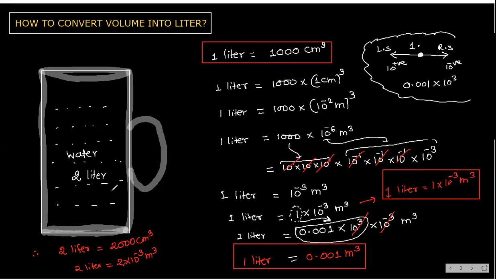See, centimeter cube is very small. Even if you want to write 1 liter, this is 1000 centimeter cube. It is like gram. 1 kg is equal to 1000 grams. So which will you use? Gram? No. You will use kg only, right? Why? Because it is most preferable. Understood?